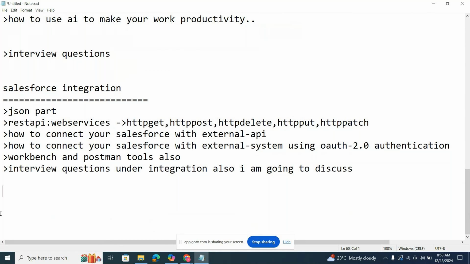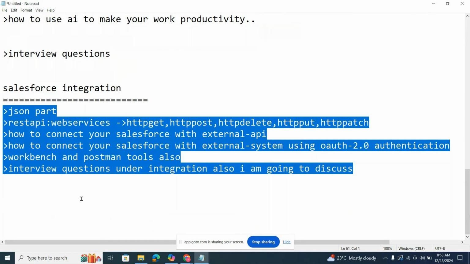As part of integration, will you be teaching JSON also? Yes, JSON. First, initially, I will start with JSON. Later on, I'll discuss all these things. JSON is very easy. It's key value based.